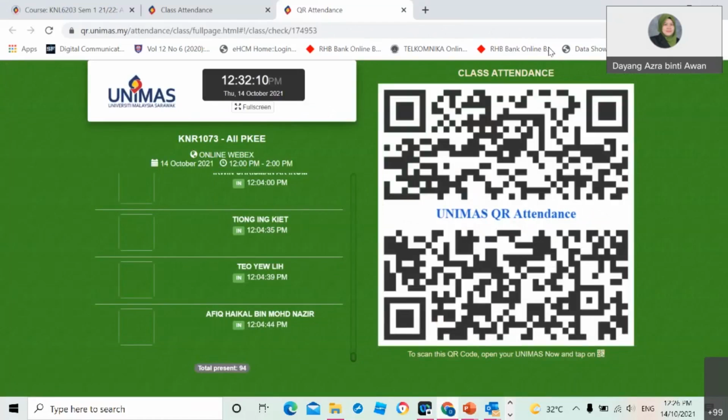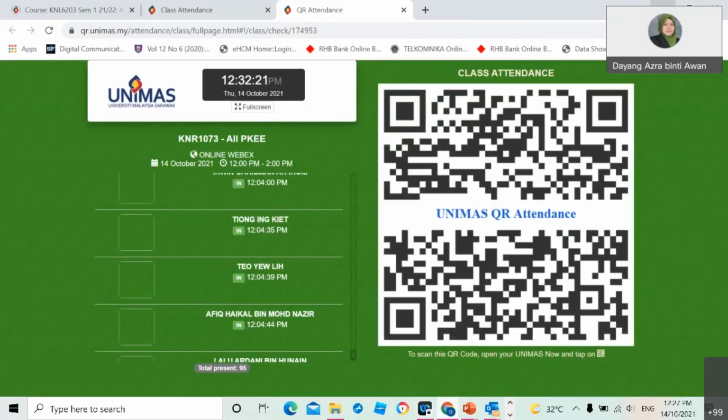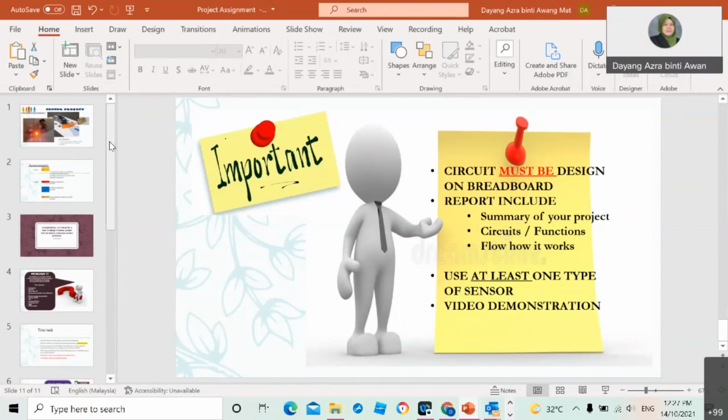Madam, for the report, do we do it individually or in groups? If you are in groups, you can make it only one report. Oh, okay. Thank you. You can divide your task accordingly lah. Even though your friends, seorang dekat Kuching, seorang dekat Kota Samarahan, seorang dekat Sabah, you can also make in groups as long as you can give them a task. For example, yang dekat Sabah tu dia buat report. Okay. So yang dekat Kuching dia akan buat the circuit and all the video demonstration. Okay, macam tu lah. So you need to work out with your friends.